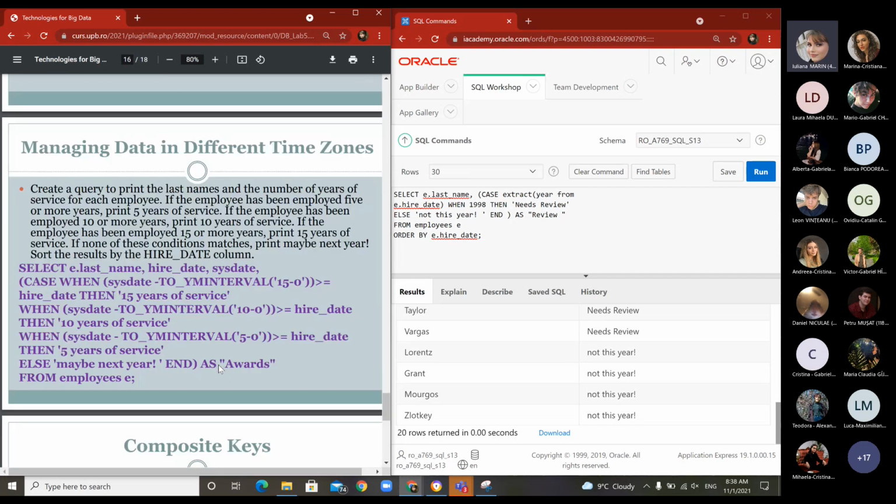Okay. What you can also have is to check the years of service and to see how much it is. So we have a last name, we have hire date, we have the system date, and then based on the difference between the system date and hire date, according to it to have 15 years, you will have 15 years of service, then you compare with 10 years, with 5 years, and you see whether or not they